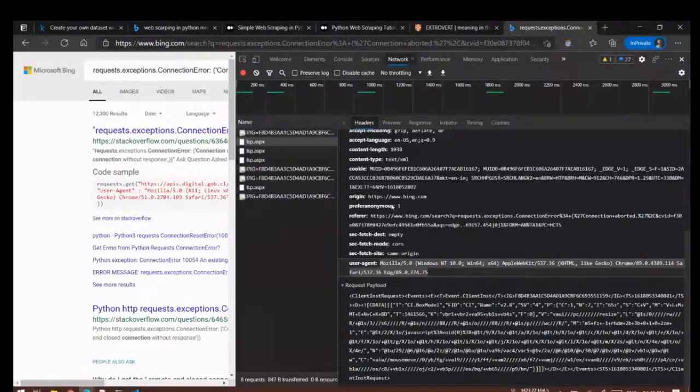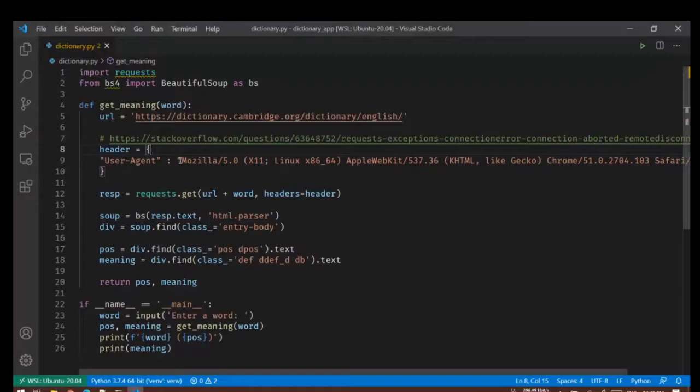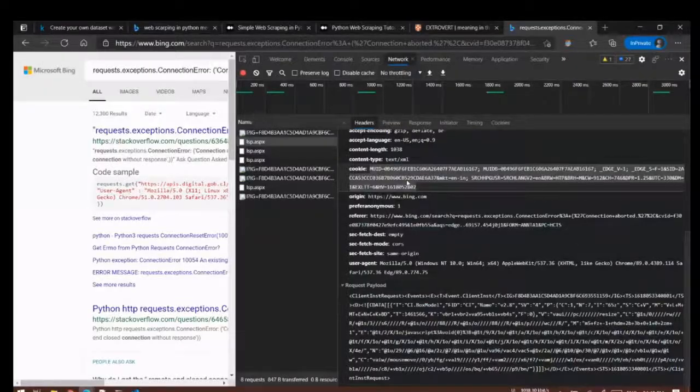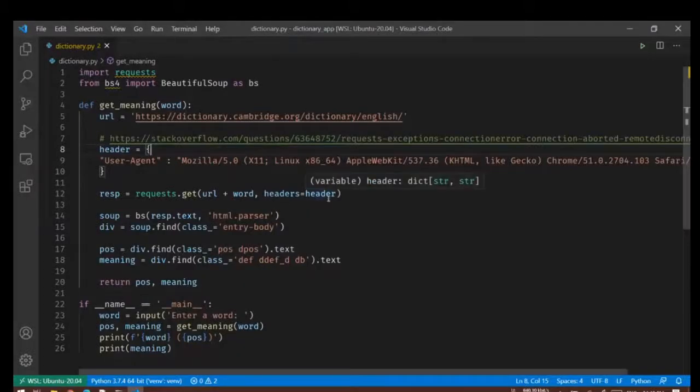Okay, if required, we can also copy the cookies and pass them. So I can add a new key here, cookies, and I'll copy this value here, and then I'll pass it. If the server requires a cookie, like if you want to access your Twitter page, you have to be logged in to see anything. So you will also pass your cookie to access all the pages which are behind authentication. That is the reason why we are using a header.